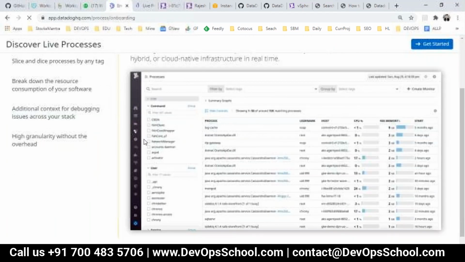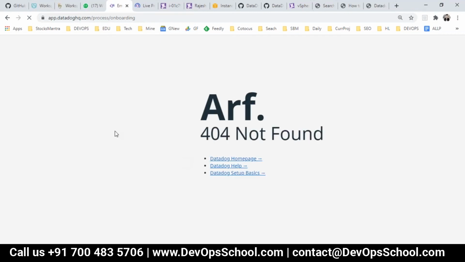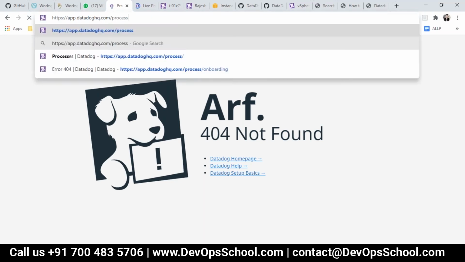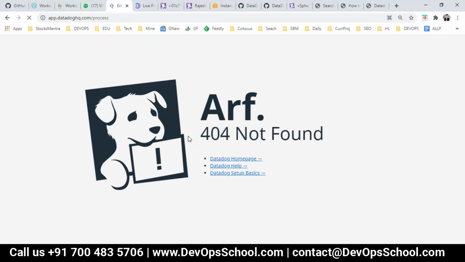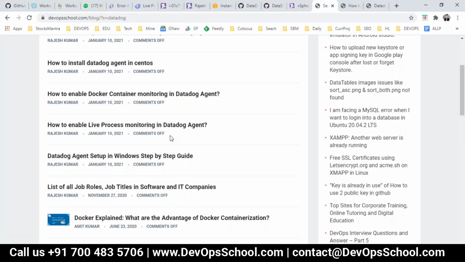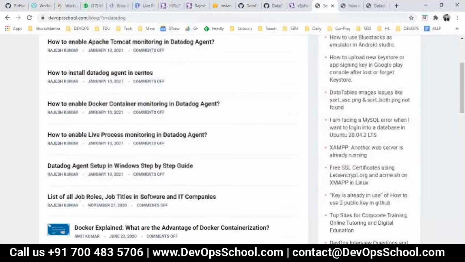Okay, so I'll come back and check this page after 2 minutes, and that way it will have some data by that time. One more thing, I'm just starting in the daemon mode.